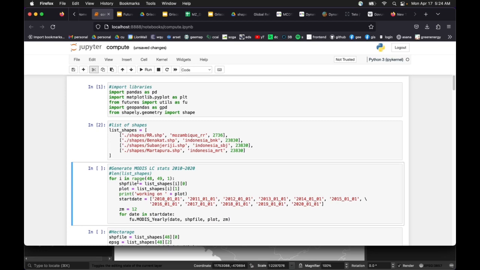It shows me the list of, like, it's trying to generate the MODIS land cover stats from 2010 to 2020 for all of these shapes, and it's saying it wants to go from range 48 onwards, and I don't think that we should do that. We need to go from range of until the entire length of all that we have here in the shapes list. So it'll kind of identify the shapefile,